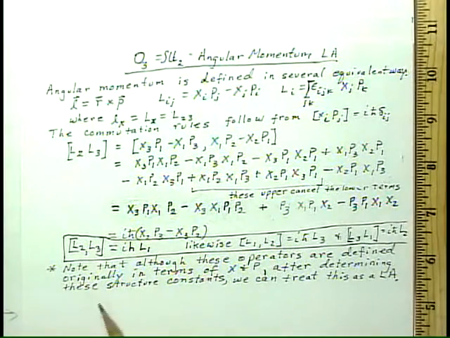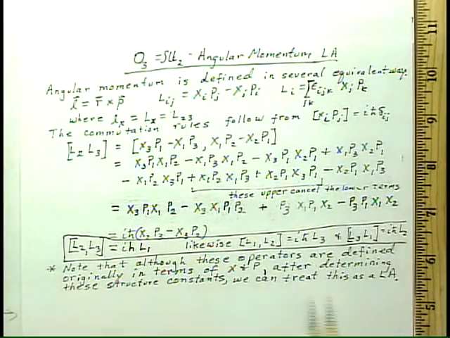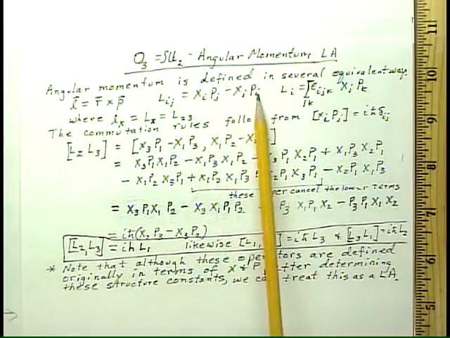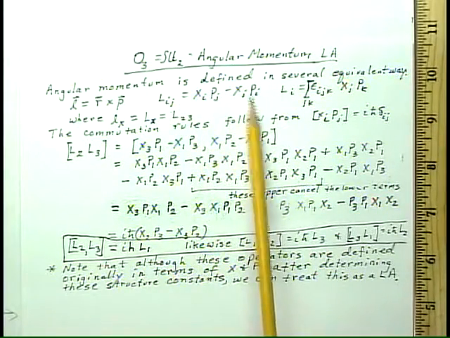And whether we write these in the form of a single index or a double index is now our option, depending upon what would be clearer under the circumstances. We know that although these operators are defined originally in terms of x and p, after determining the structure constants, we can treat this as an actual Lie algebra. And this is a very critical point that we want to emphasize, is by starting with the x and p's and knowing their commutation rules,